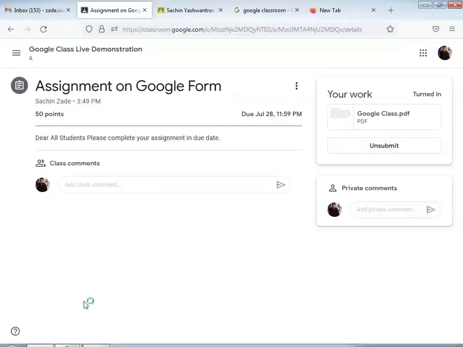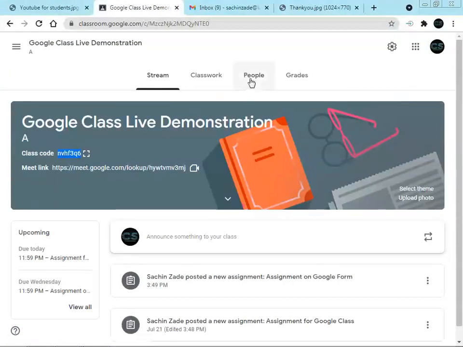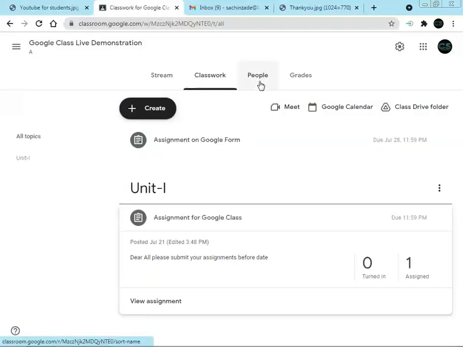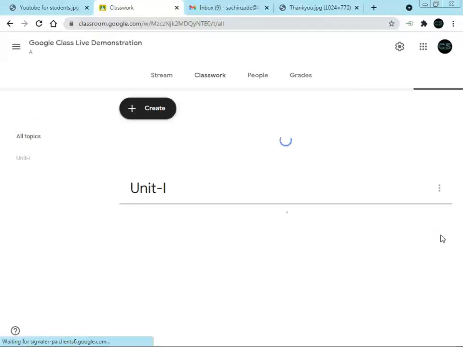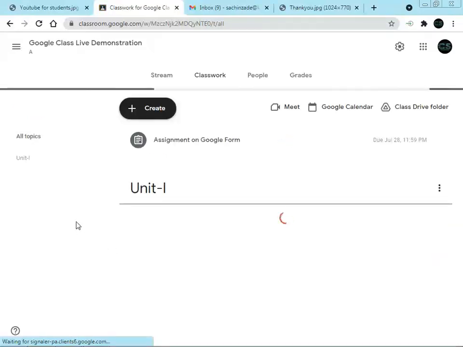After this, now that we have submitted the assignment, we will check from the teacher's account. In this, we will see that one student has submitted the assignment. We will reload it. After the student submits the assignment, we will get turn in as 1 and assigned as 0, because the student has submitted the assignment.